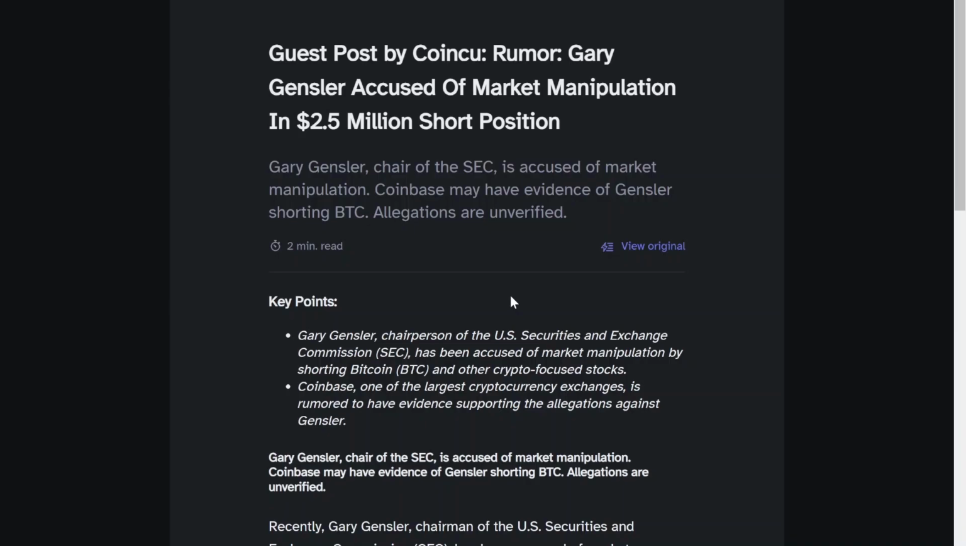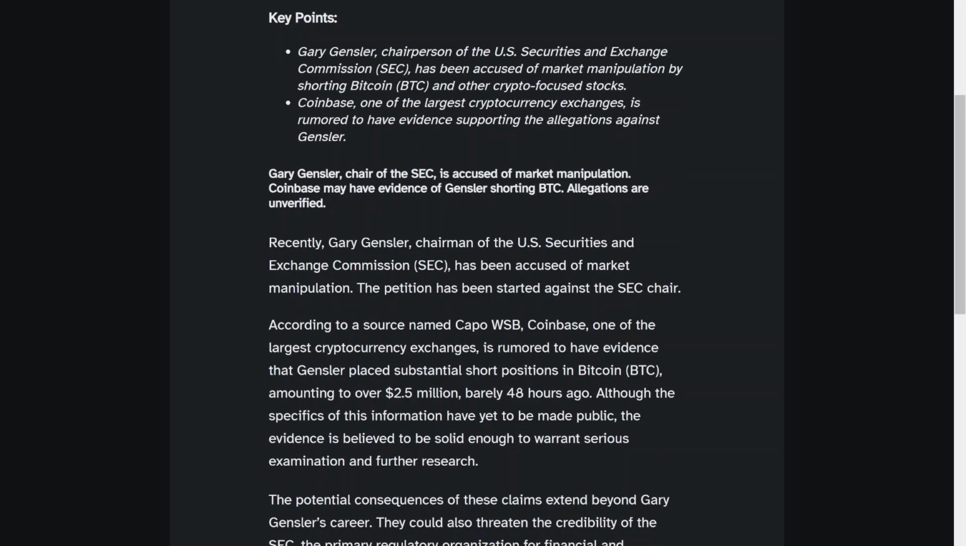Another thing that I saw that was interesting, and this was a few days ago, is that there is a rumor that Gary Gensler opened up a $2.5 million short position on Bitcoin. He probably should have done it to Solana, Cardano, and just about everything else that he actually labeled as securities, to be honest, because he would have made a lot more money than this. But anyway, the implications of this would be quite dire for him if he is found to be guilty,